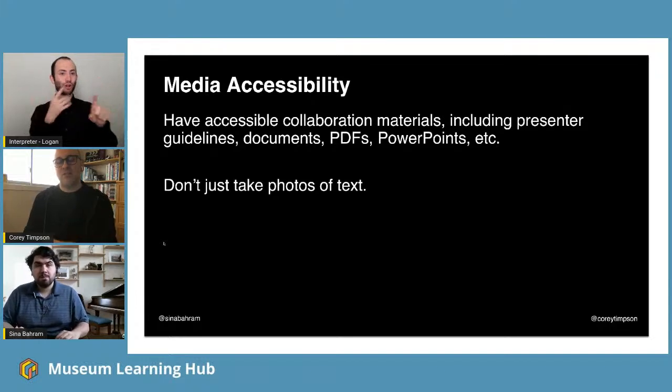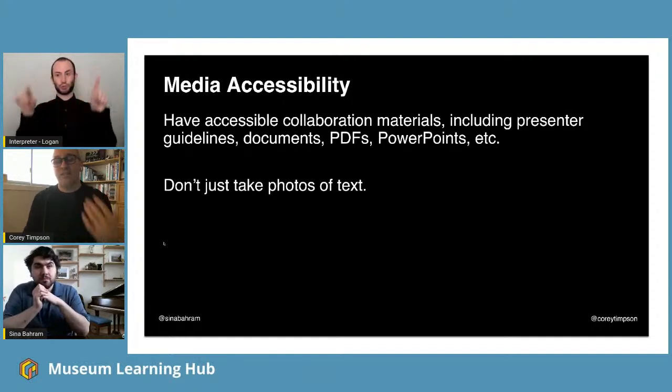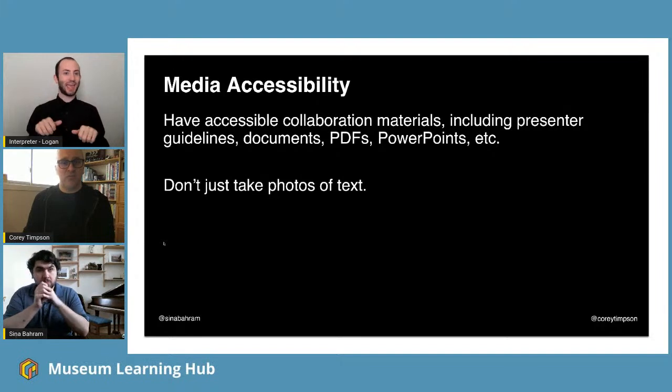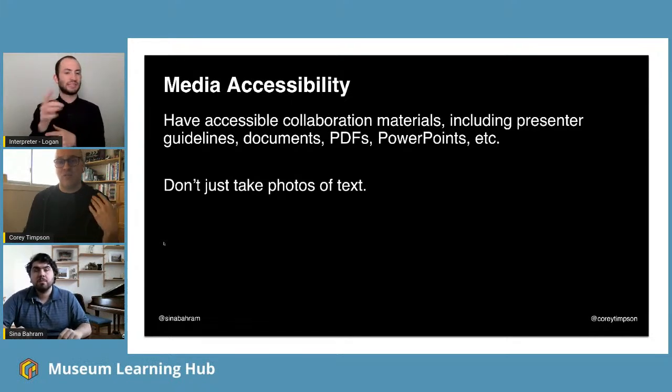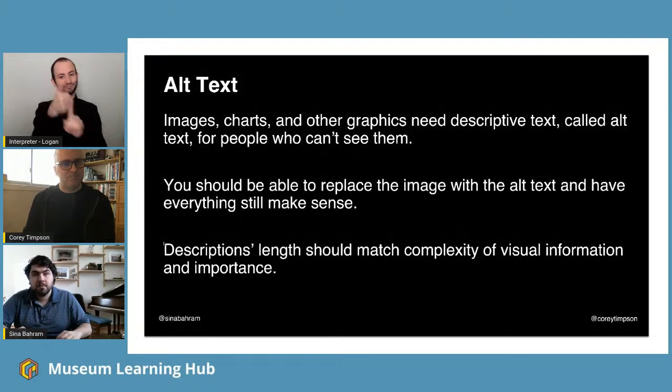That's all great, but let's actually do that in the styles pane and then apply the styles to the text that's on screen, so that there's a semantic structure and someone with a screen reader is actually able to tab across the page and navigate that page the same as a visual user would do it. Also, please don't take photos of text. This is extremely common on Twitter. Let's include text, not as a photo.